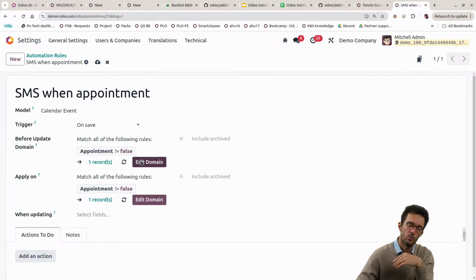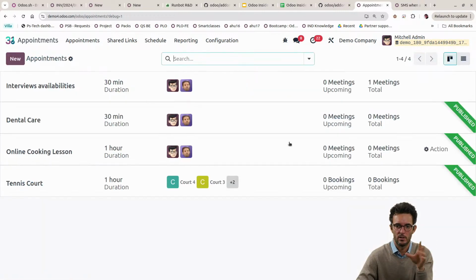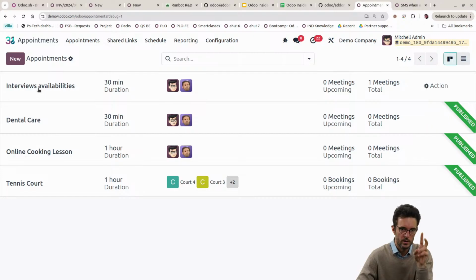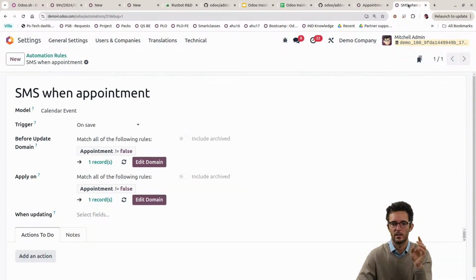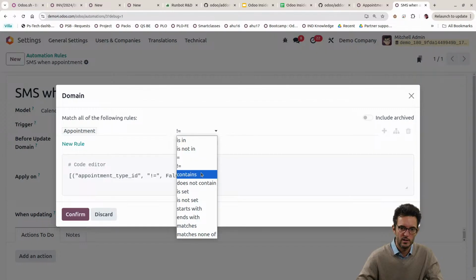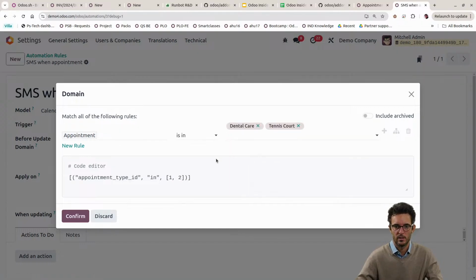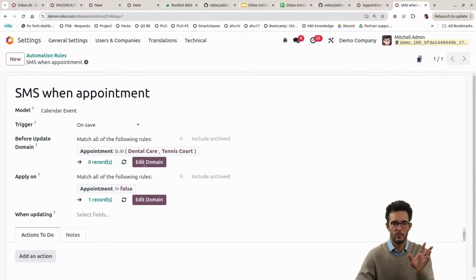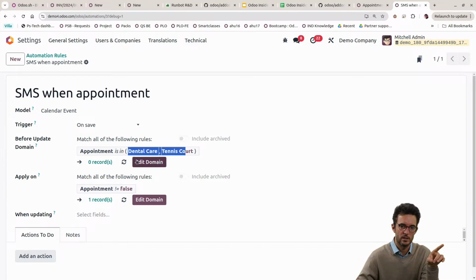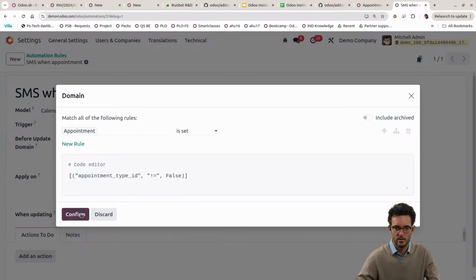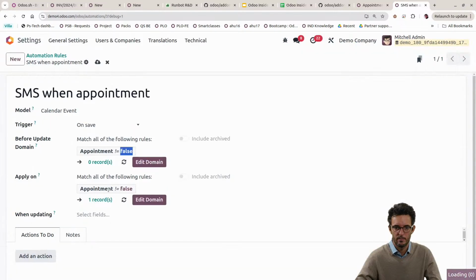If you want to have it on only one type of appointment, and not all the appointments, maybe, like we have here, 4 different appointments, and you don't just want to validate it on the dental care one and the tennis court ones, in that case you would do this slightly differently. You would go there and say is in, and then you would say dental care and tennis court, and that would work also very nicely. You see that the first one I created is not among those, so that's why this one wouldn't work. I will go back to my first ID. We say just is set,